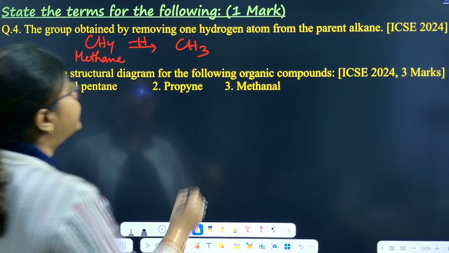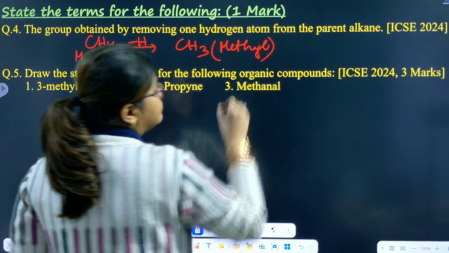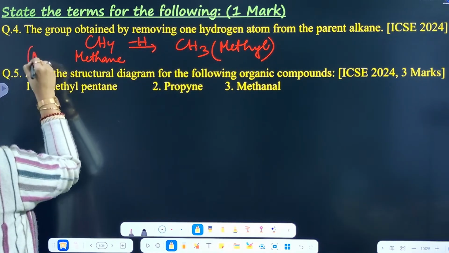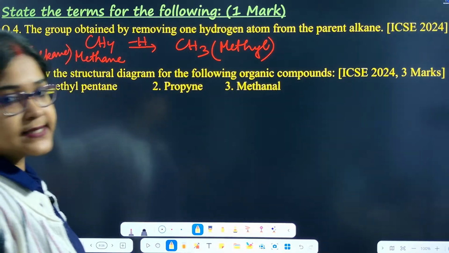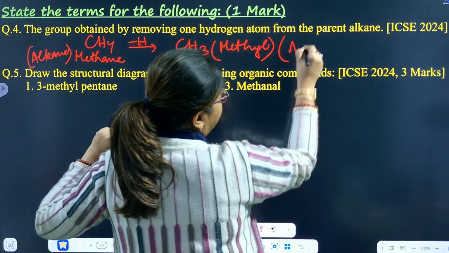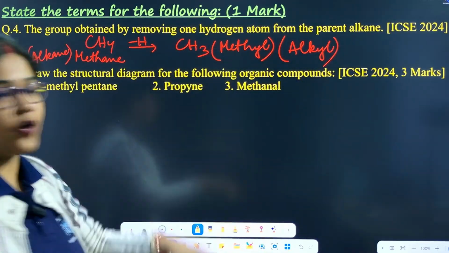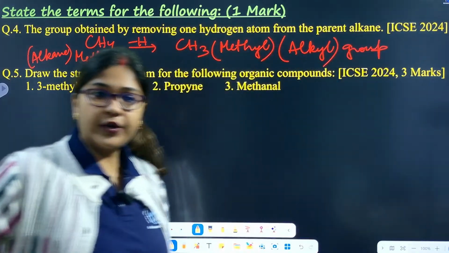CH3 को हम लोग क्या बोलते हैं, मीथाइल, राइट? मीथेन के रिस्पेक्ट अगर जनरलाइजेशन करते हैं, ये एल्केन है, हाइड्रोजन एल्केन से निकल गया, क्या हो गया, एल्काइल। सो द ग्रुप दैट इज फॉर्म्ड इज एल्काइल ग्रुप।